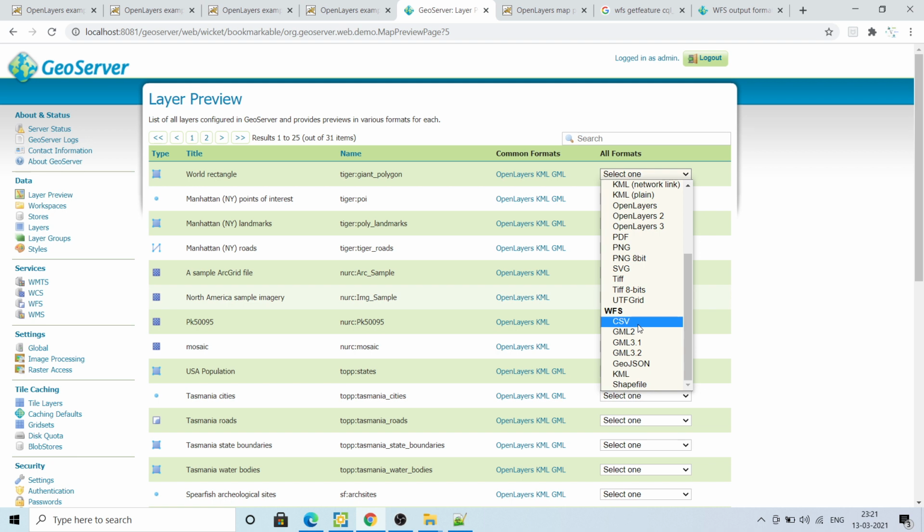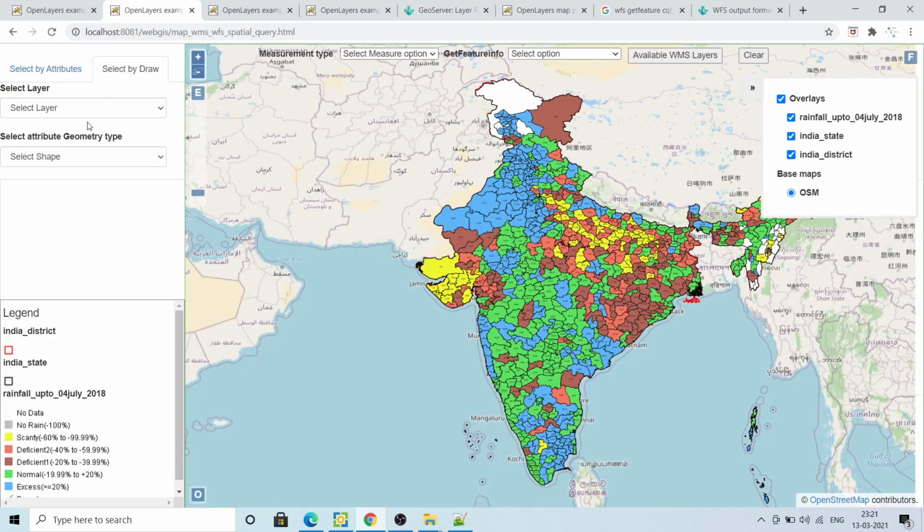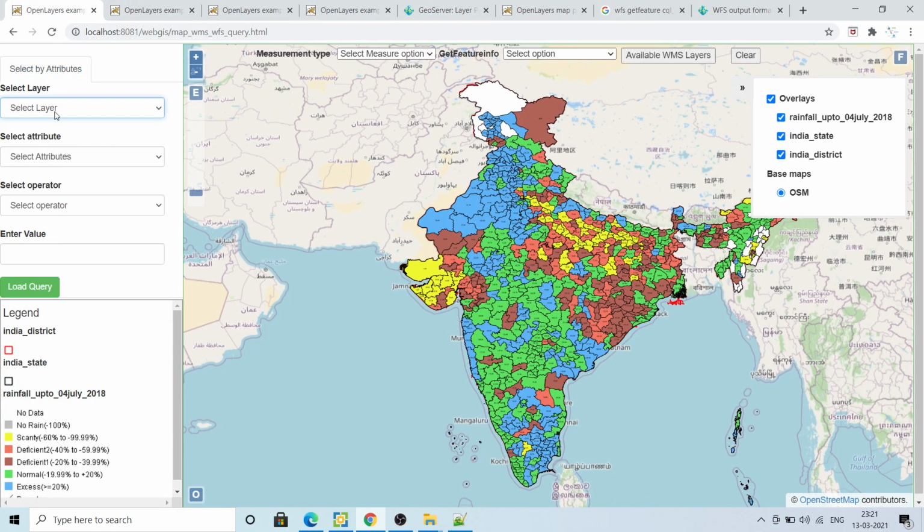I'm going to use GeoJSON, which is very easy to use. WFS is actual data. If you see on the left side, it will query the actual data, fetch it from GeoServer, and show you the actual data, attributes and every shape of it, every node, every point, every vertex of the polygon, line or point.